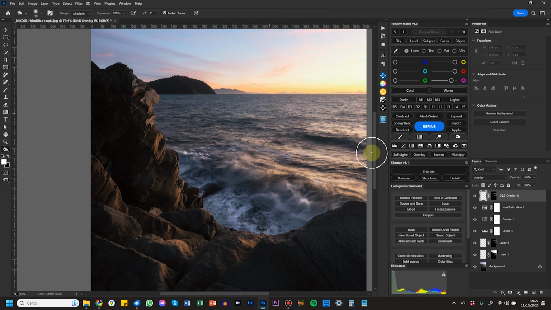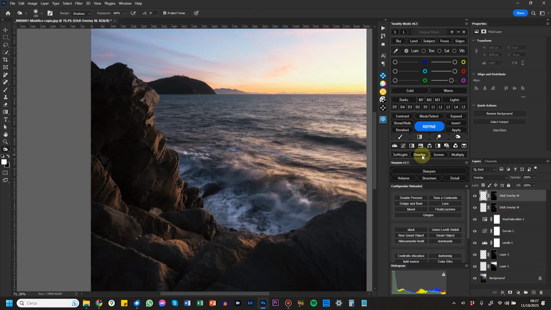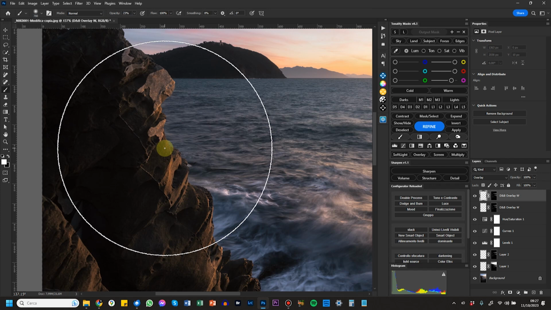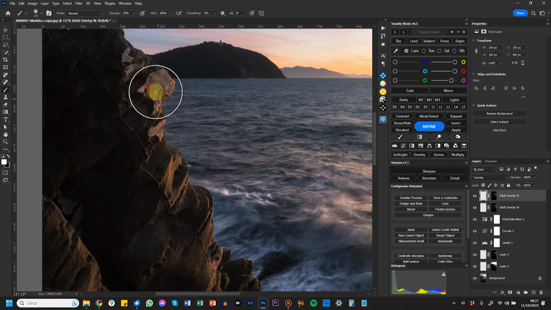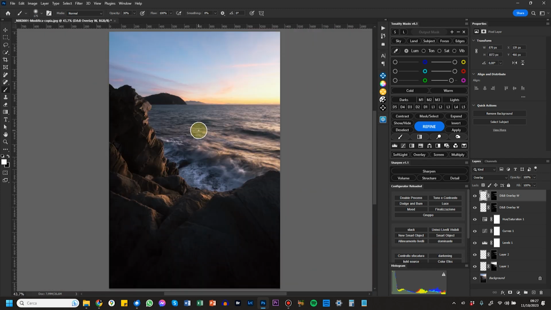So I don't have to do anything, just choose the mask that I want and click on the kind of layer that I want, overlay for example. And then with my brush, I can just dodge all these warm tones, for example. If I want to do, for example, a burn layer with soft light blending mode, that's very easy.